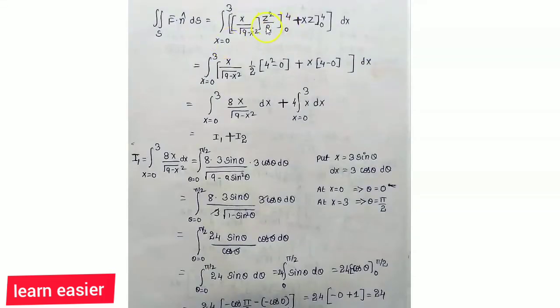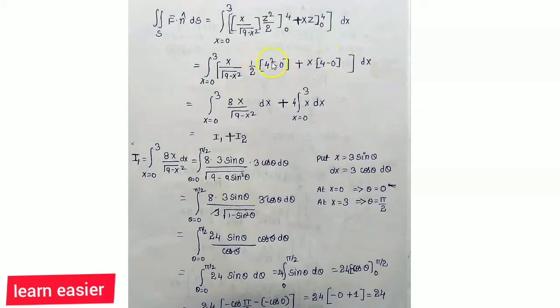So after substituting, we have taken the 1 by 2 outside, and for z square equal to 4 square, because first we have to substitute the upper limit. So 4 square minus 0 square, which is 0, x into, in the place of z we have to substitute 5 first, and minus 0 into dx.